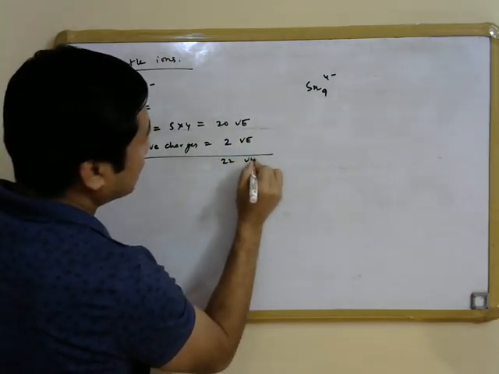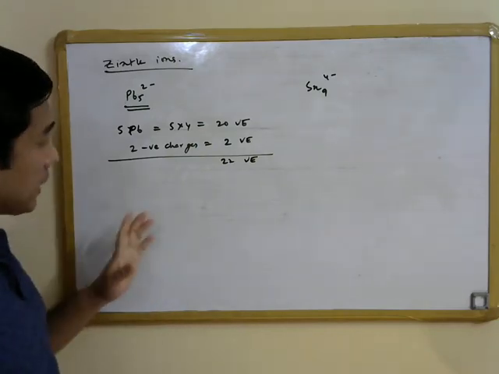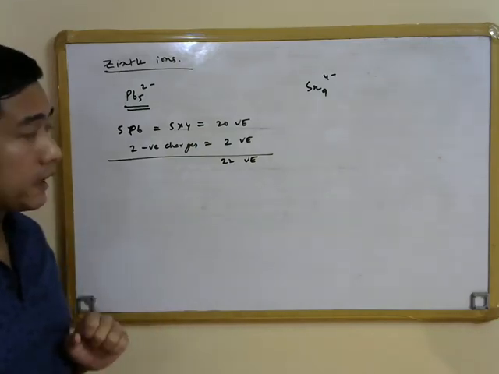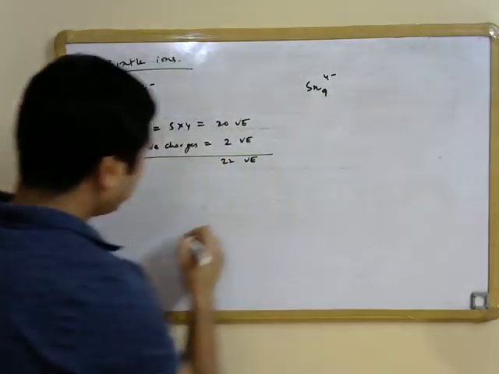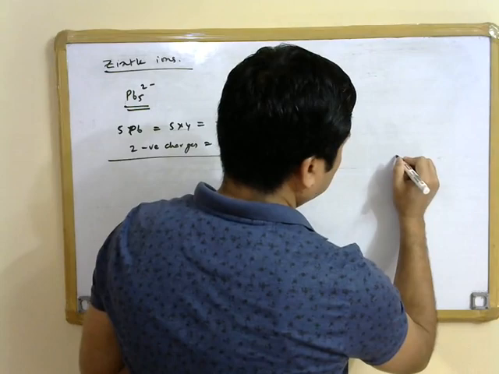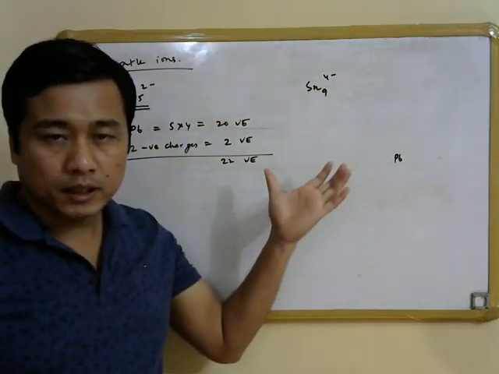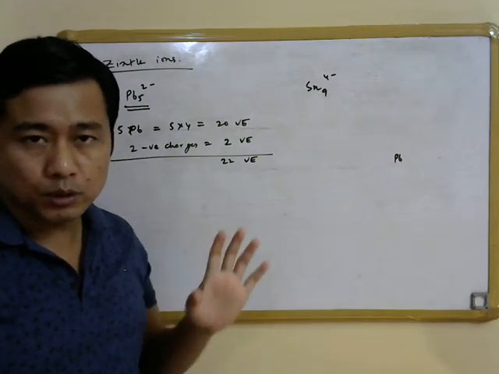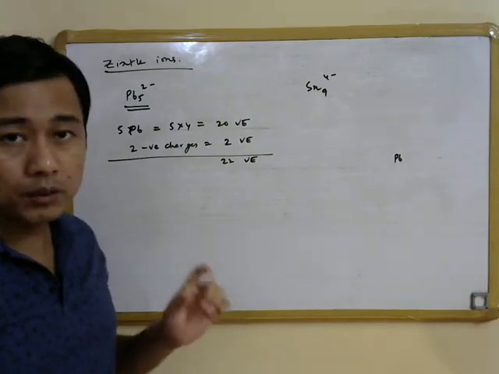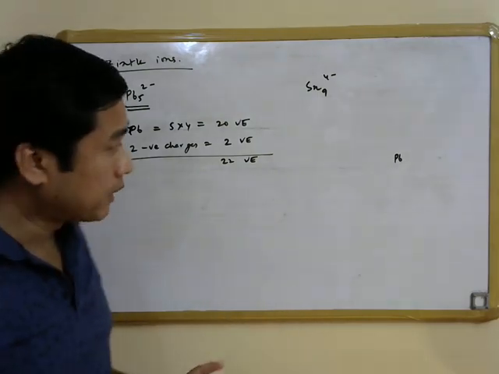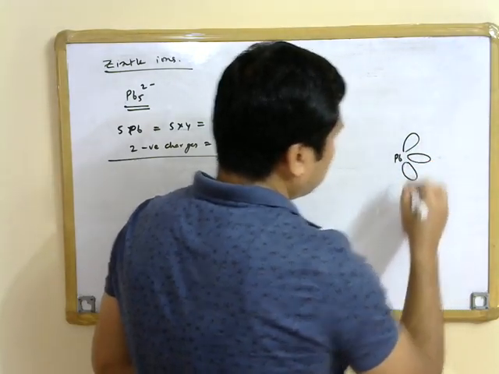So 22 valence electrons total are present here. Now we'll have to deduct electrons which are not going to be used in skeletal bonding again here. For lead, the valence orbitals are s orbital and 3 p orbitals, total 4 valence orbitals, and out of these 4 valence orbitals, only 3 we need for skeletal bonding,